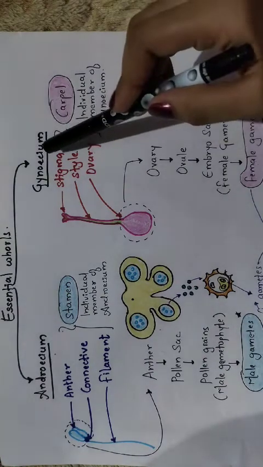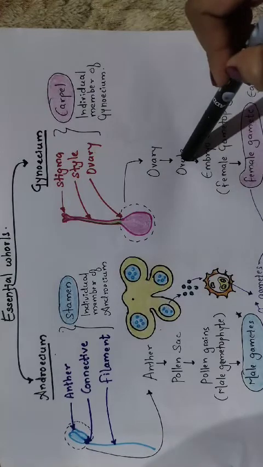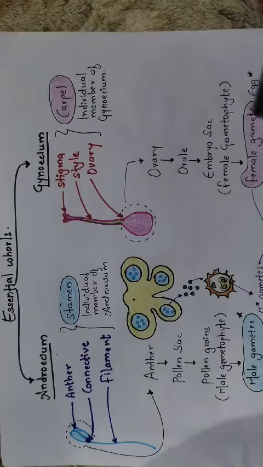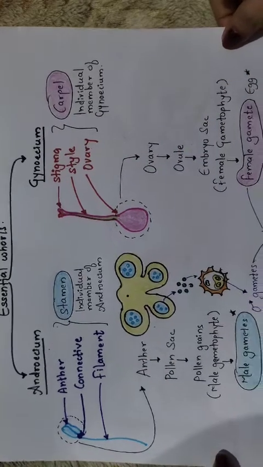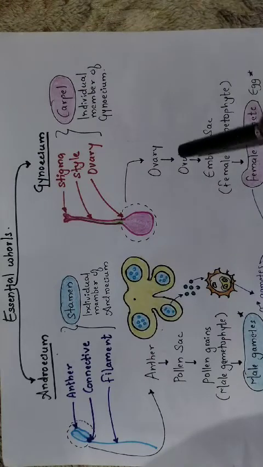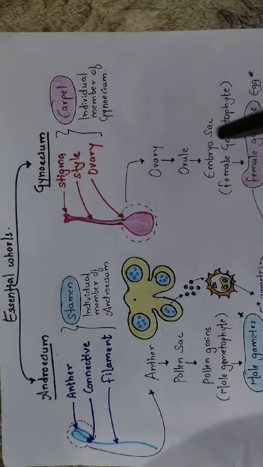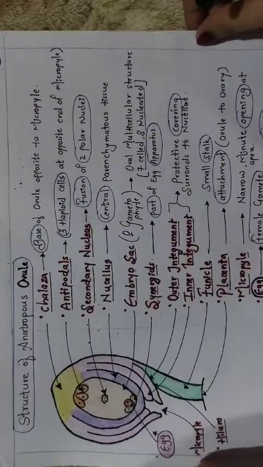And remember, in the female reproductive organ, the ovary is a very important part, and the ovary has an ovule in which there is an embryo sac, which ultimately has the female gamete, that is the egg. Okay, so here we can see what the androecium and gynoecium structure is, and where exactly the male and female gametes are present. Okay, so next we have to focus on the ovule part. Why? Because the ovule is the part where you can see the embryo sac, which has the female gamete, that is the egg.